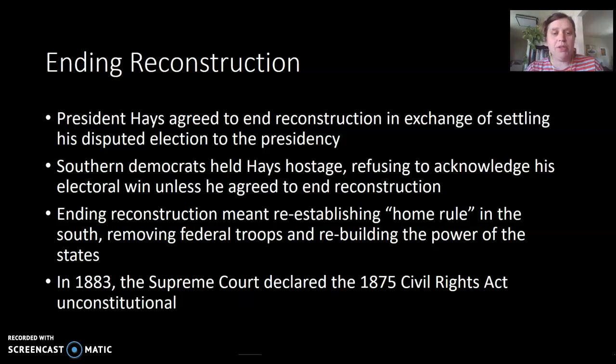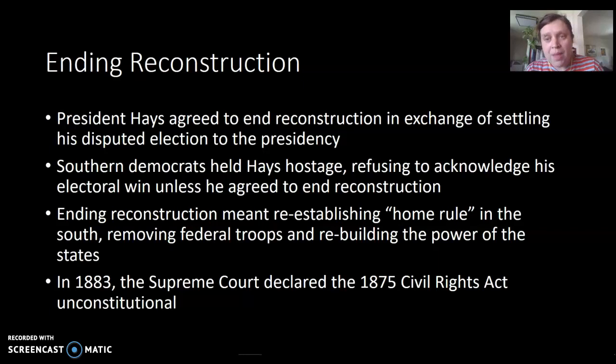So what ending Reconstruction means is this reestablishing of quote-unquote home rule. And this is where we get this idea of the power of the states to create their own laws, or that perception of the concept of states' rights. So we see federal troops that were brought into the American South in order to assure African Americans could walk to the polling place and vote safely and make use of public institutions more generally. So these federal troops are removed when Reconstruction is ended, and we see this rebuilding of the power of the